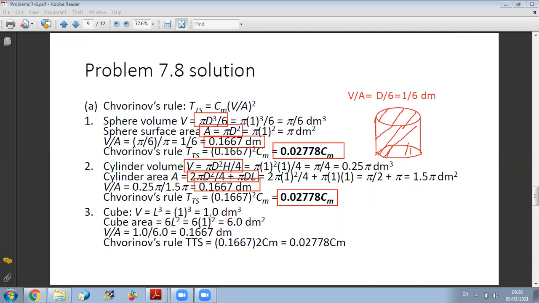So here it's 1 cubed. While for the area, it is 6 times the faces. So you have 6 faces here. Each face has an area of 1 squared. So in total, the cube area is 6 times 1 squared. So you get the value of volume and